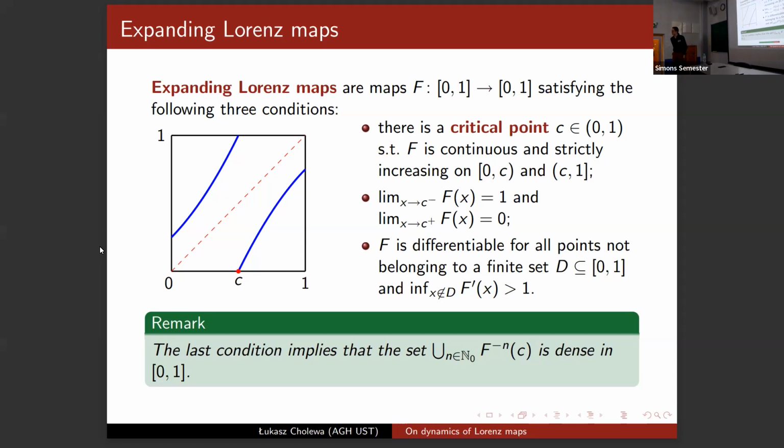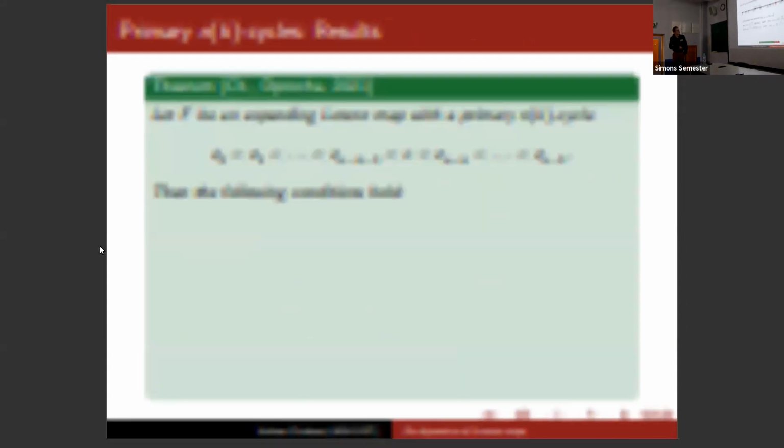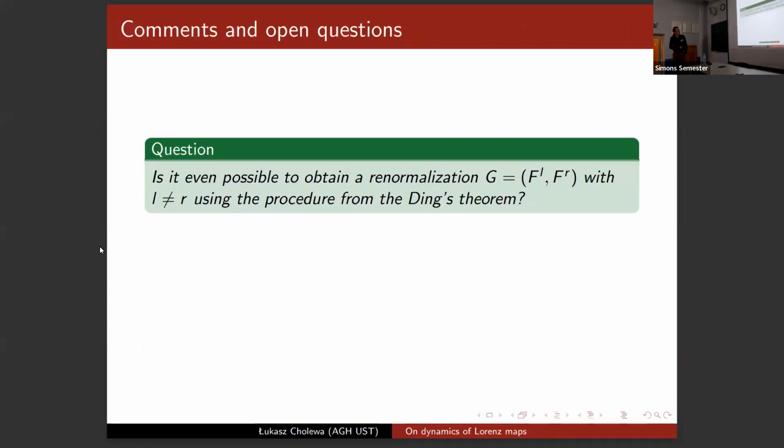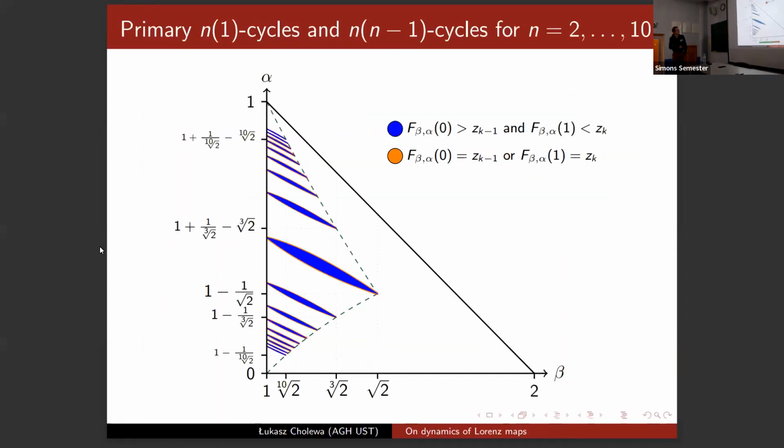If you go to this picture of the parameter space, you plotted the n minus 1 and 1 cycles. So if you consider the other n and k, you get a Farey tree structure like in the rationals. For instance, you consider maybe 1, 2 and 1, 3. These are two of your links. But then in between, you can consider maybe 2, 5, and that should give you probably